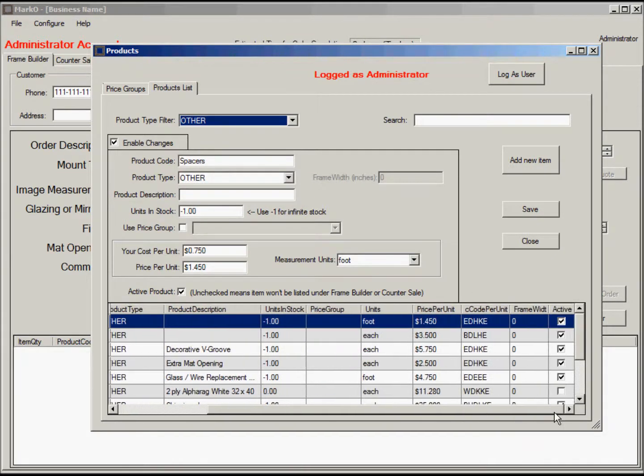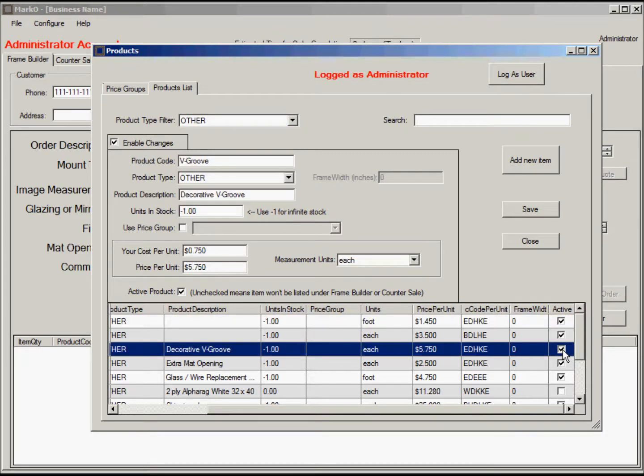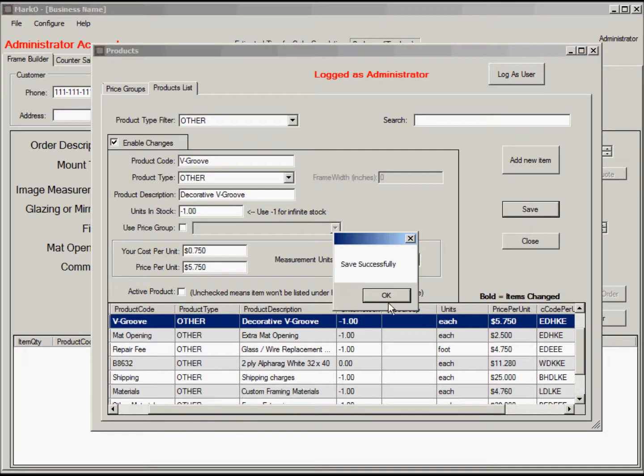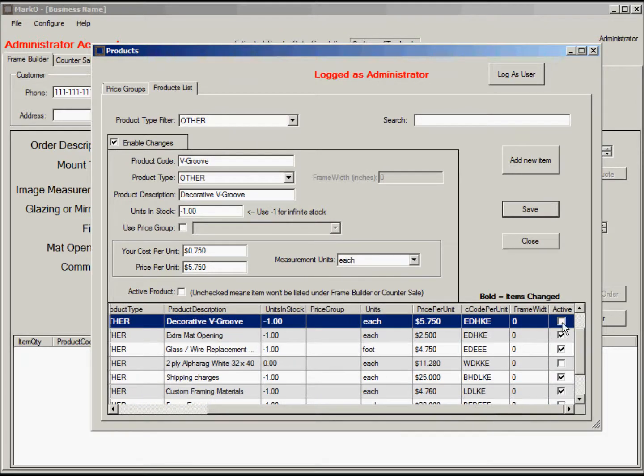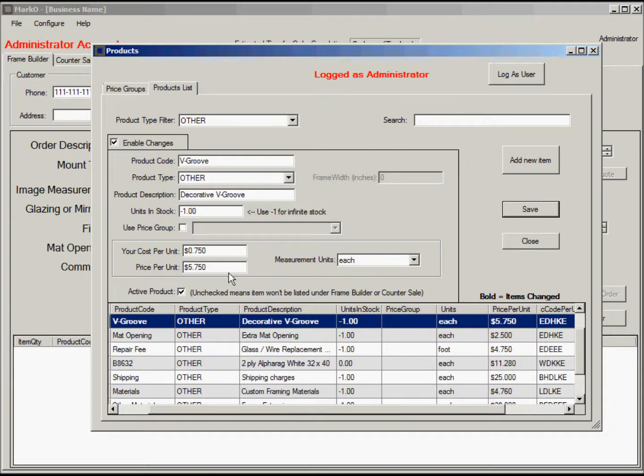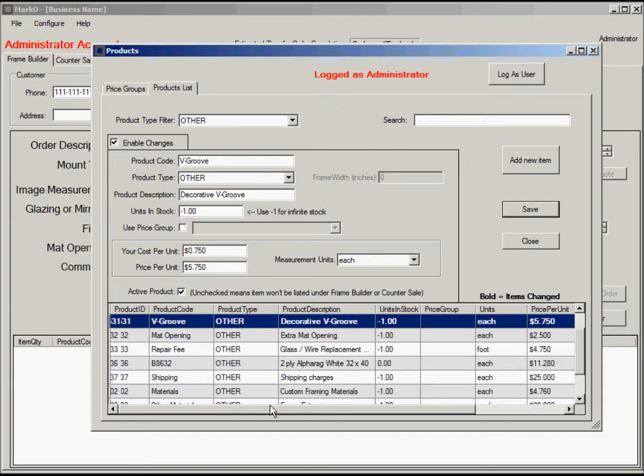Okay, let's go here to other. I want to show you here on the right side, this check mark at the end tells you whether it's an active or not active item. If you don't have a check mark, that means the item is not going to show up on your frame builder tab. So in order to change the check mark, you don't click in here, you click in this part in here, and then click save. So that changes the check mark, so it's not showing up in the frame builder. Okay,